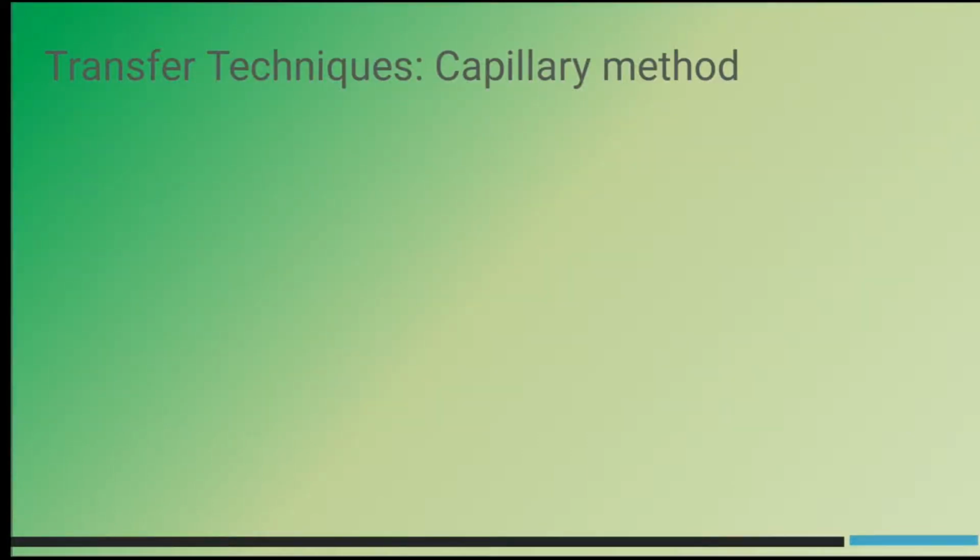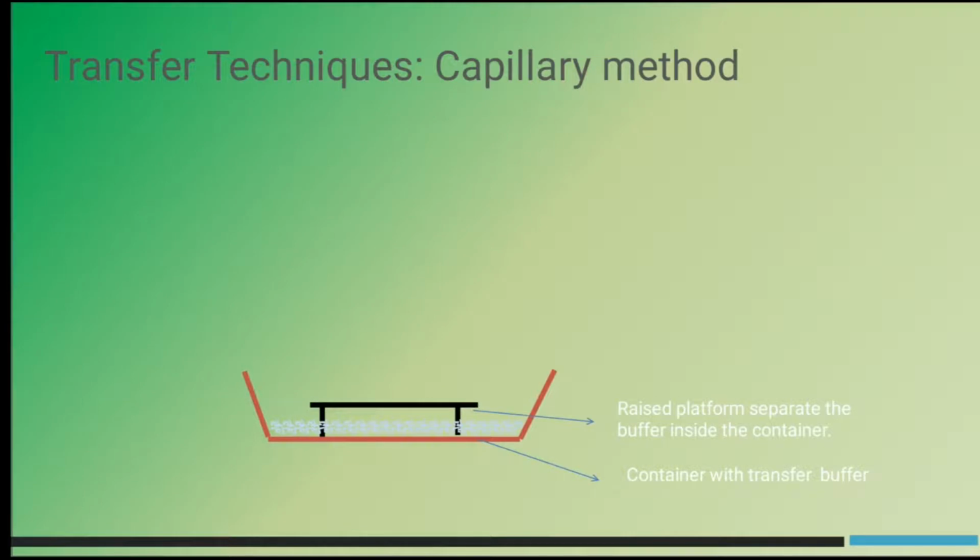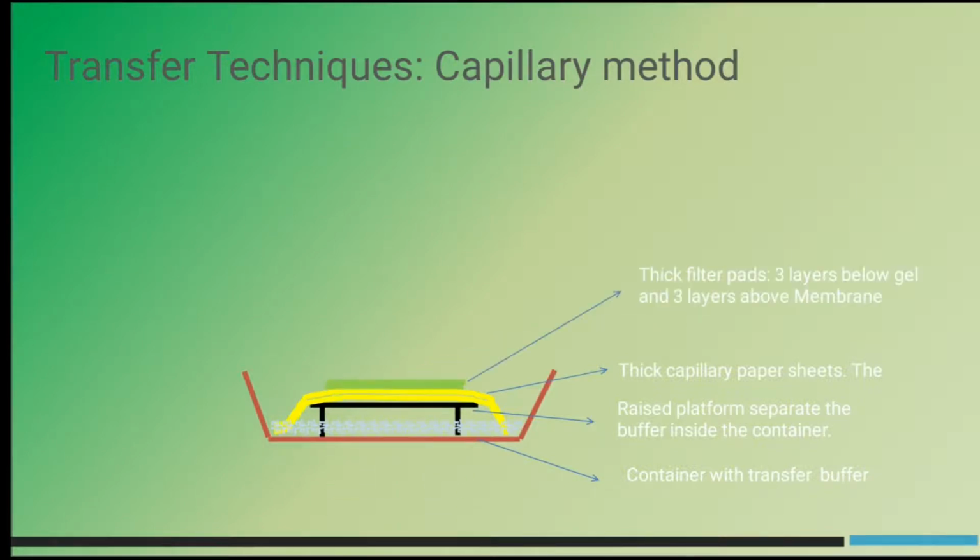The classical capillary method involves taking a big container and pouring the buffer in the bottom, then placing a raised platform inside the buffer, over which filter paper towel pre-wetted with transfer buffer is placed, over which thick filter papers pre-wetted with buffer are placed. Generally 3 filter pads are placed, over which the gel, the SDS-PAGE, is placed,